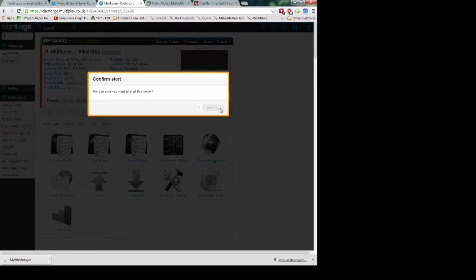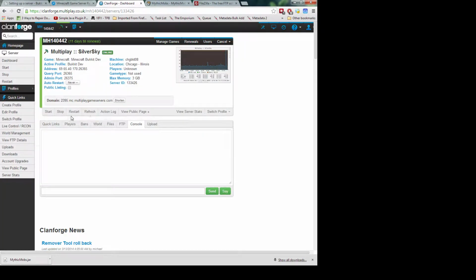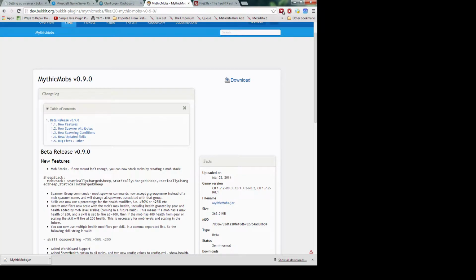So here we go, confirming the start. You can always hit restart too, but I like the stop and start buttons better because restart doesn't seem to always work. So, all right, now that we've done that, what you're going to see is in